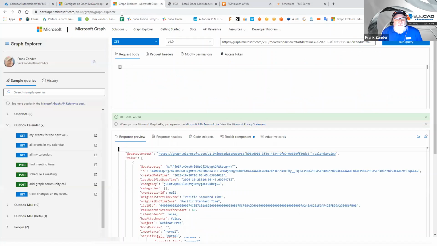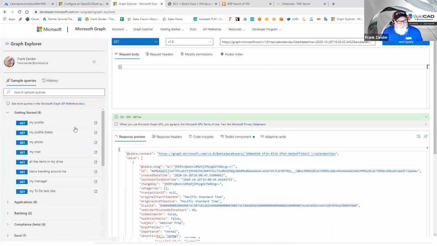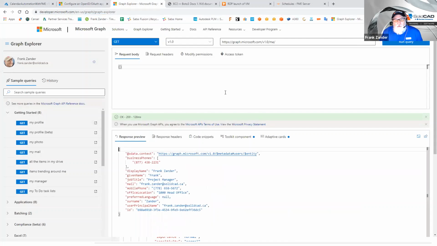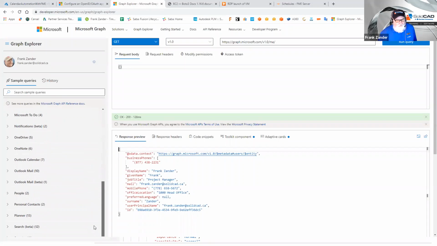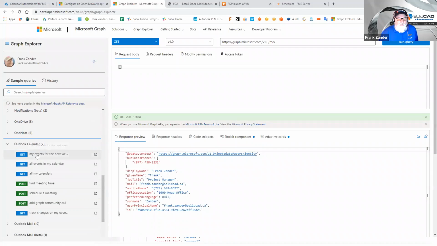So this is the Graph Explorer, and this is, as I said, in our PowerPoint slide. And what we have here is the different APIs for the different things inside of Microsoft Graph. And I can say, get my profile, and run a query, and it pulls back my profile. And it pulls it back as a JSON string. So we're going to go and use the API with FME to read profile information, or we can use it, in our case, we're going to go and look at the Outlook calendar, and I can get my events for